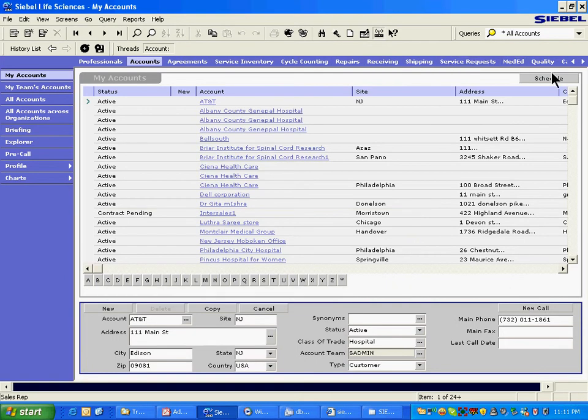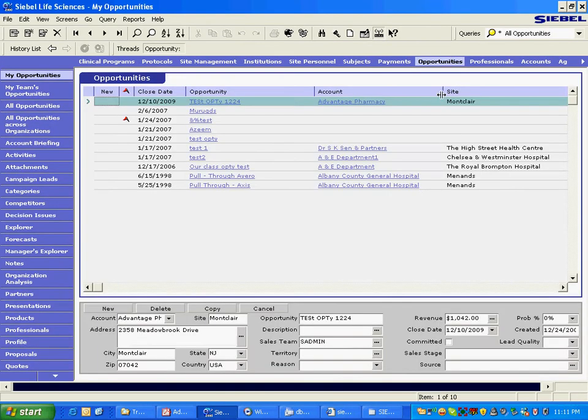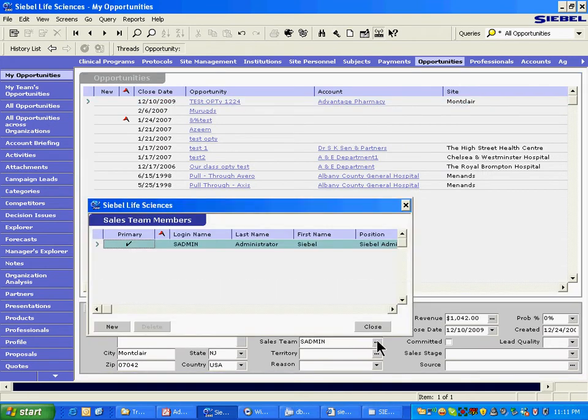For example, in opportunity also we have this team concept. Here, we could only put positions or employees at that point. We could not say that the contact in that account is also going to go as part of the team to win this test opportunity 1224. It's a different account, of course, so he's not our contact for this account. I cannot put him as a contact. He is part of the team who's going.